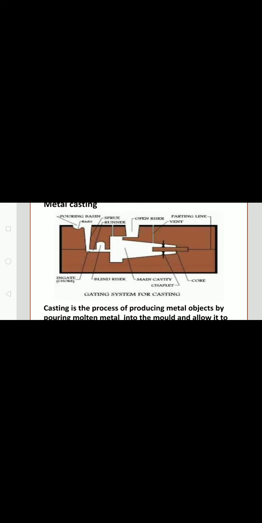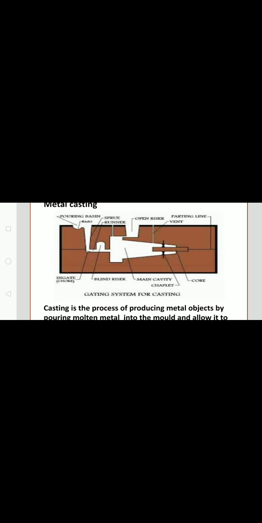Again a riser is given on the top mold, and a core is inserted at the parting line. The shape available in the mold is a half sectional front view.